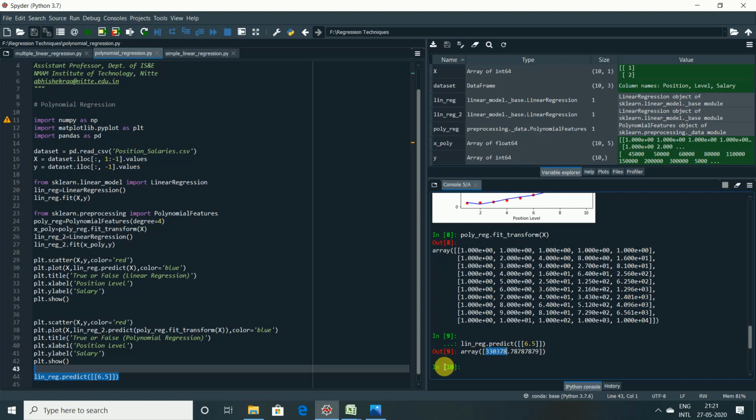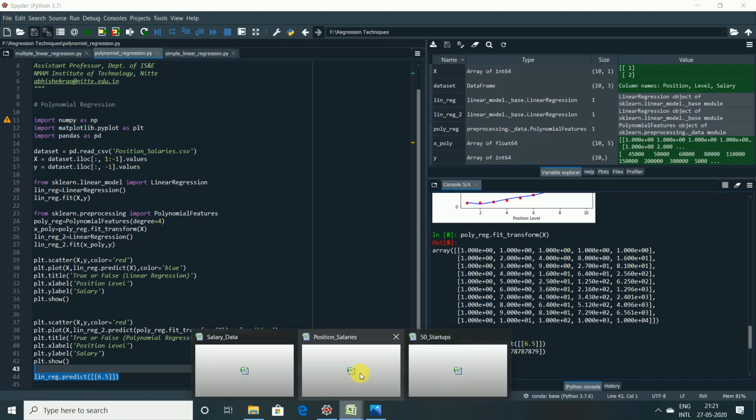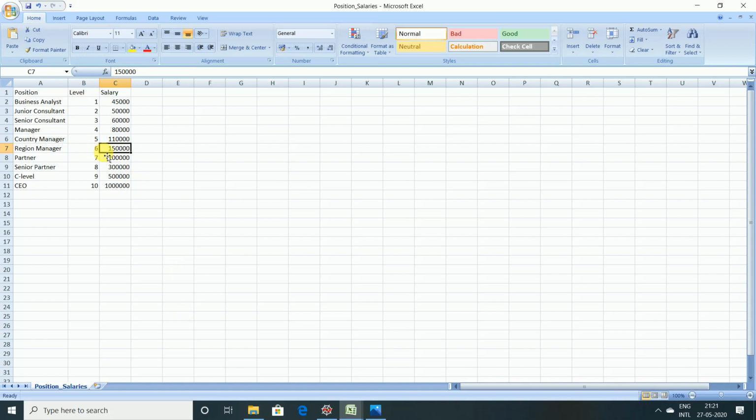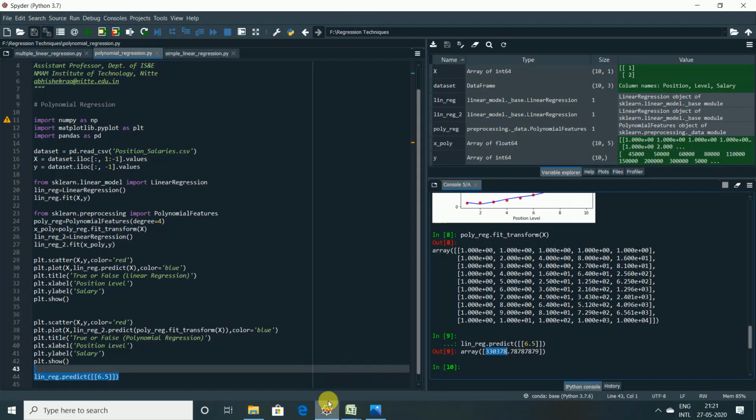That means for 6.5 years of experience, it is telling us like someone with around 8.5 years of experience salary. That means the employee will be very happy, but not the employer, because it is predicting the wrong result here. So this is with respect to the linear regression model.